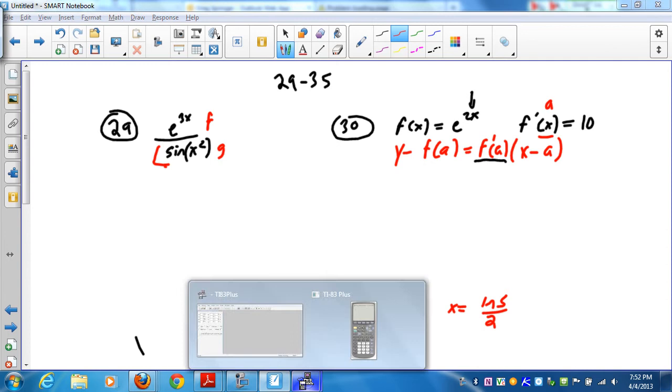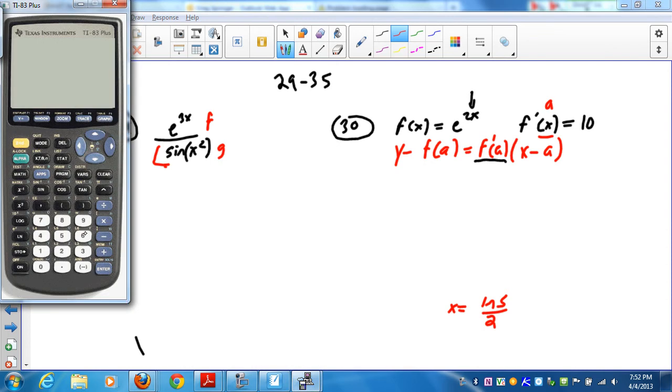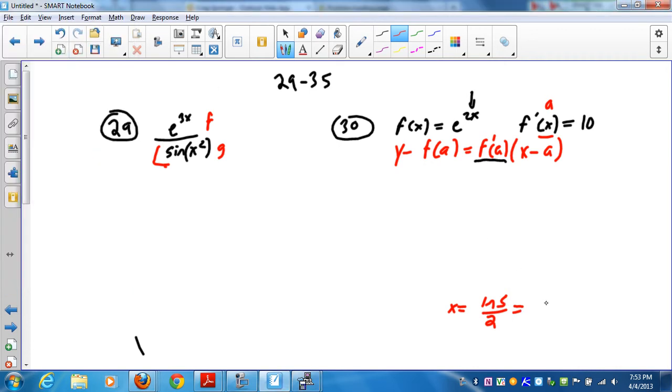So let's go to our calculator and calculate this x value. Let's see, the natural log of 5, close the parentheses and divide that by 2, and we get 0.805. Okay, so let's just jot that down over here, and you can see that's appearing in the answer choices,